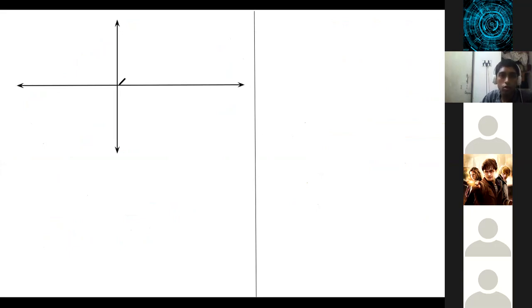From 0 to pi, the curve went like this, and from pi to 2 pi, till 360, the curve went like this. Can anyone tell me what will happen after that? After 2 pi, what is going to happen to the curve? Student: It will again go up, sir, and again come down. Why? What is the reason? Student: Because it is revolving in the same manner. For example, theta equals 2 pi, and if we add 2 pi to 2 pi, then it will be at the same point, right?